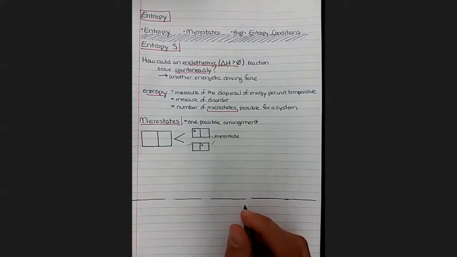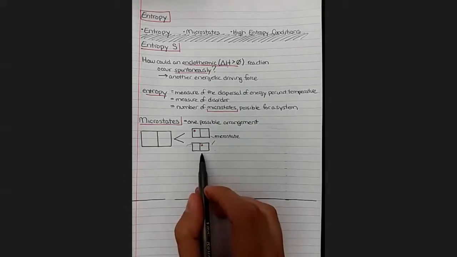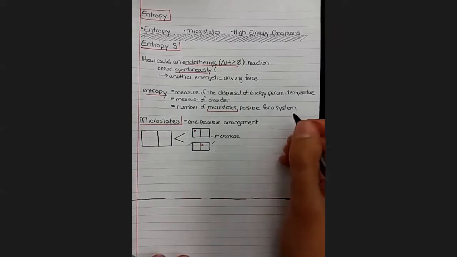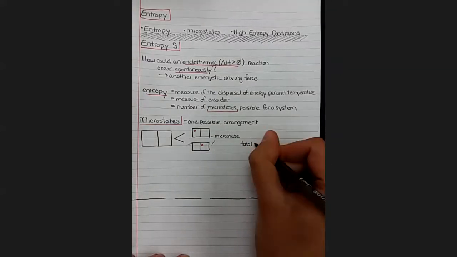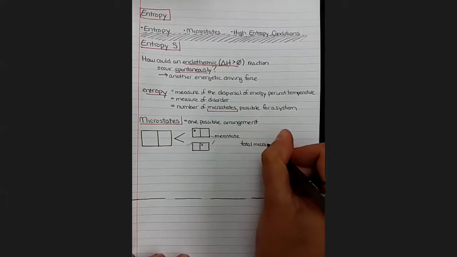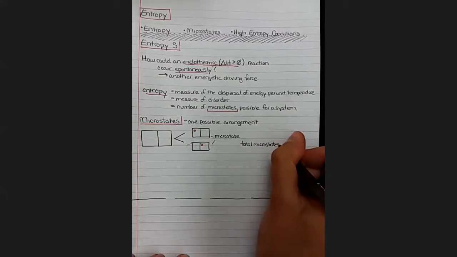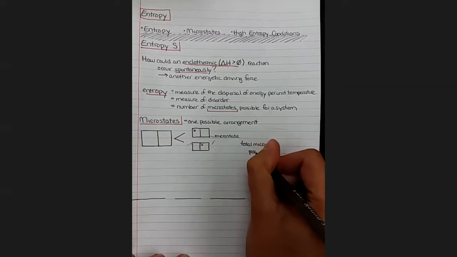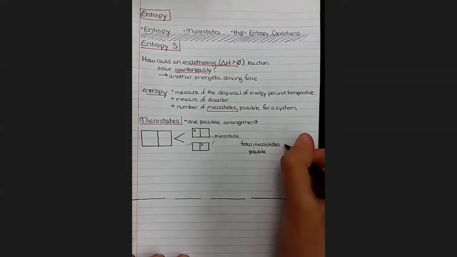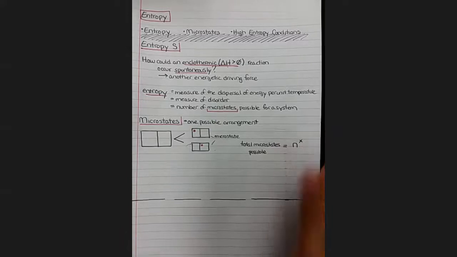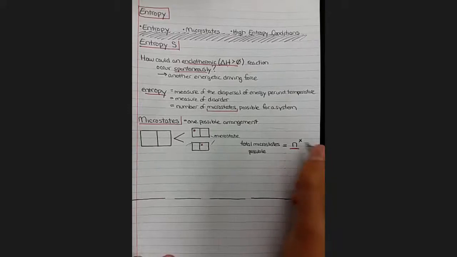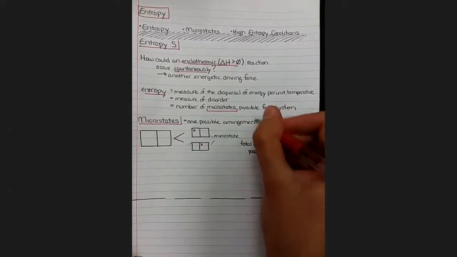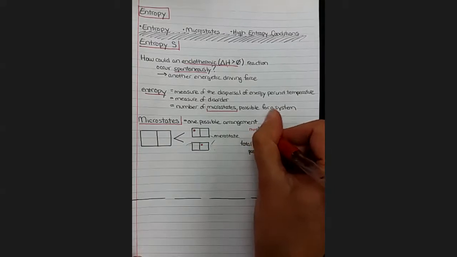of the particles. And in most systems, we have more than one particle. We have significantly more. So we can use a formula to calculate the total number of microstates possible for a system. And this one will be pretty easy since it's a pretty small system. So the formula here is n to the x power. So it's an exponential. So our n, that one is the total number of positions.